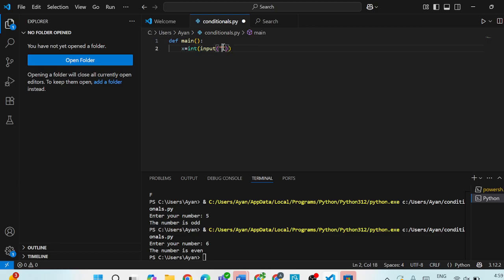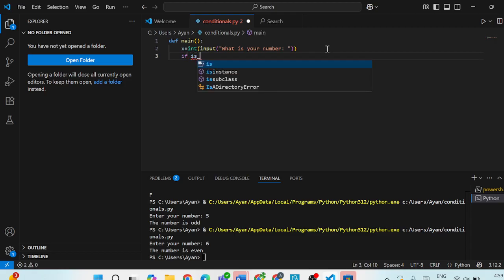And let's ask again, what is your number, and then if is even. So we're going to make a function later on which is named is even, and x,